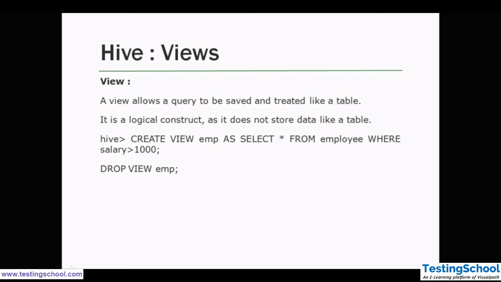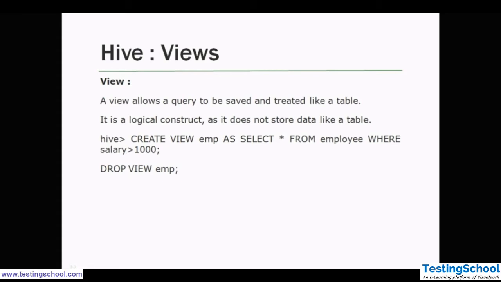As a definition, a view allows a query to be saved and treated just like a table, and it is a logical construct, as it does not store data like a table, but it is just a subset of a particular table. You can create your view using the command create view, then the view name.